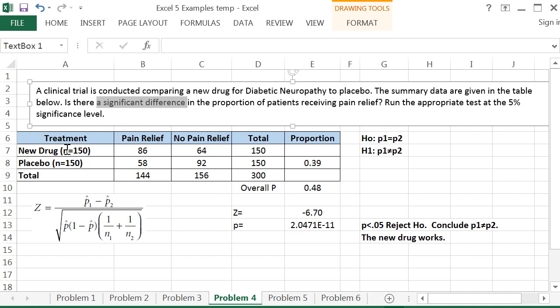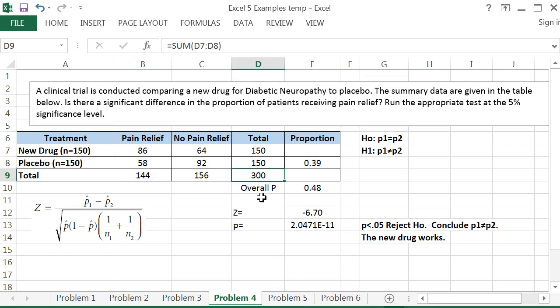So here's our data. We have two treatments, a new drug and placebo, 150 in each group. With the new drug, 86 out of 150 had pain relief, 64 no pain relief. In placebo, numbers were lower for pain relief, 58, and higher for no pain relief, 92. I totaled up the rows and the columns down here for a grand total of 300 in the